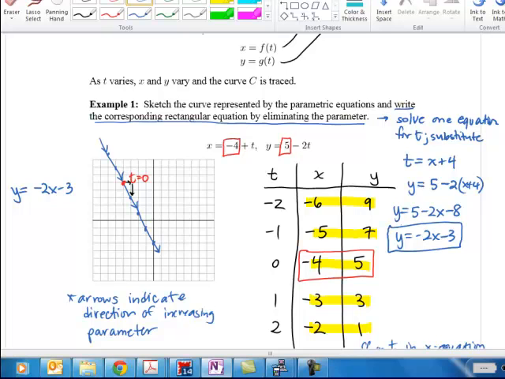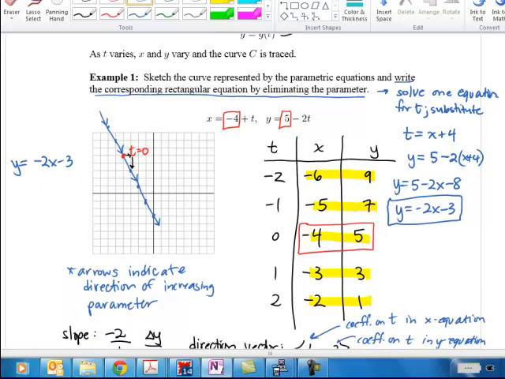So the main difference when we have a parametric equation is that it introduces some direction on the line. If we just have y equals negative 2x minus 3, we have a line with slope negative 2 and y-intercept negative 3, but there's not a direction. When we have a set of parametric equations like this, that also tells us which way to put the arrows on the line, which direction it would be moving in. Okay,